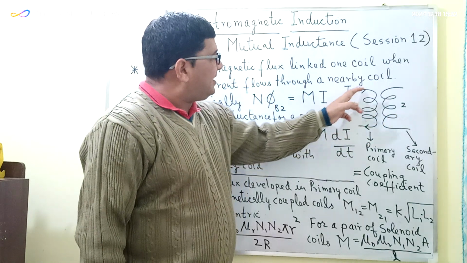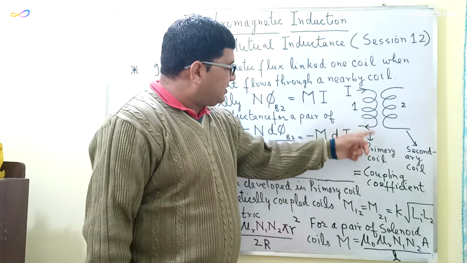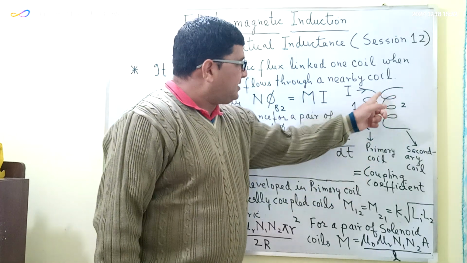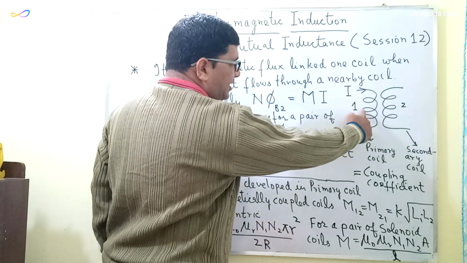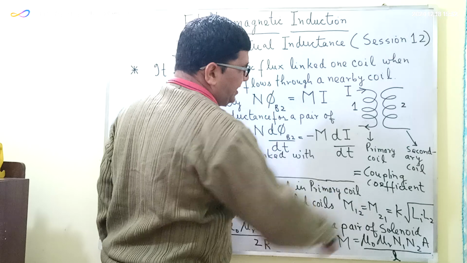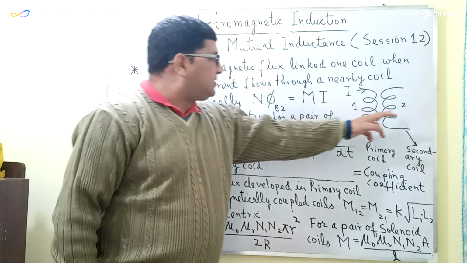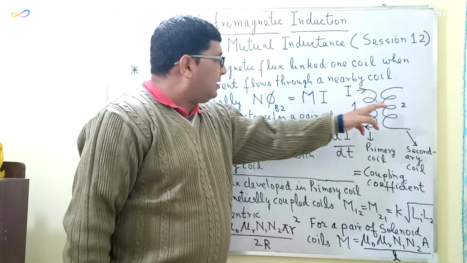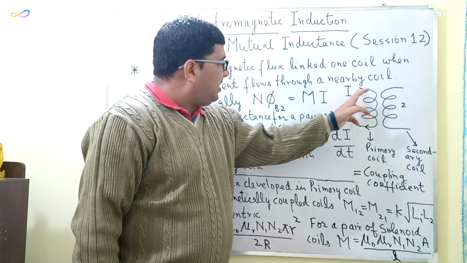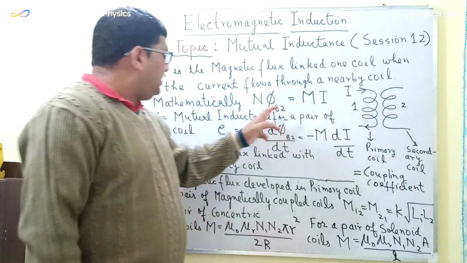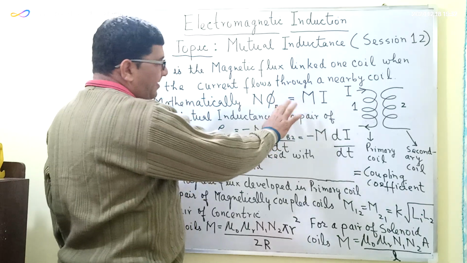In coil number 1, a current I is flowing through it as indicated by these arrows, and this is the primary coil. And there is another coil number 2 which is situated near to coil number 1, and this is the secondary coil. So mathematically, the magnetic flux which is linked with coil number 2 due to the flow of the current in coil number 1 is equal to N phi B2, which is equal to M into I, where M